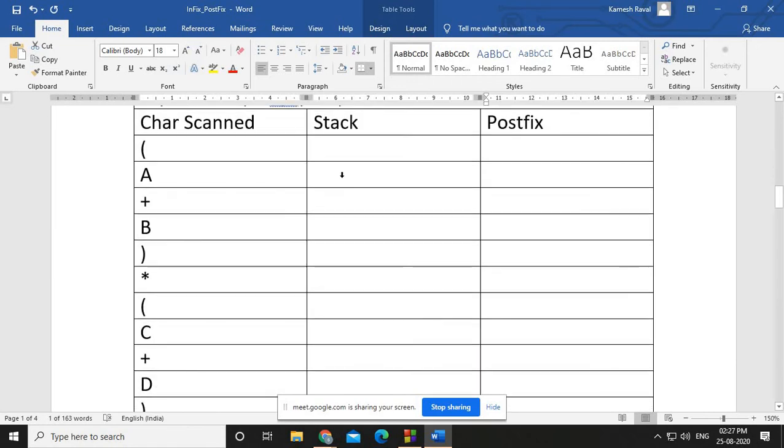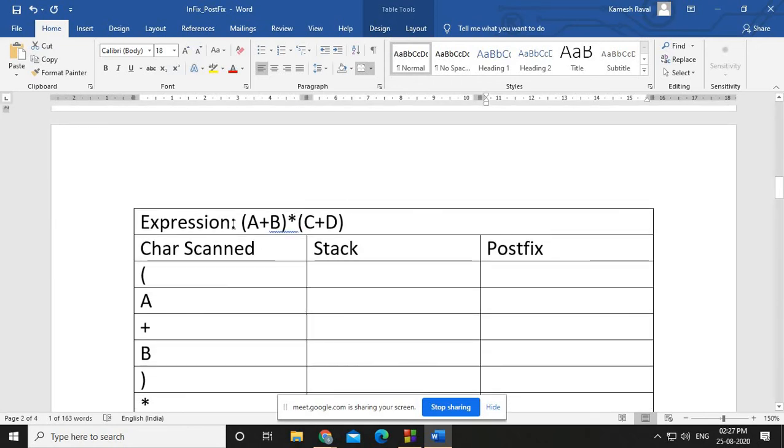Okay, another example: A plus B star C plus D, but here parentheses are there. We know that whenever an opening parenthesis comes, you just need to insert it into the stack. Here your postfix array is empty. Now what do you have? You have A. A is an operand, so I need to put it into the postfix array.